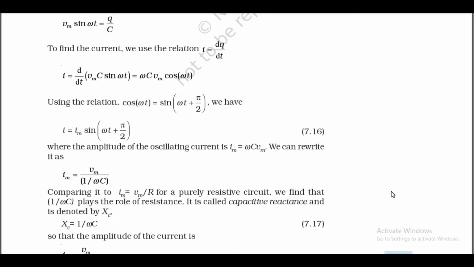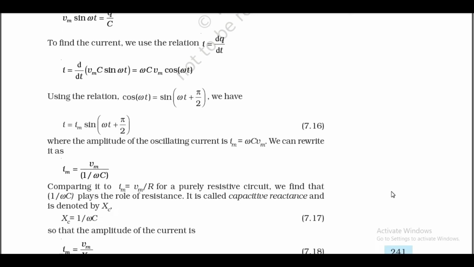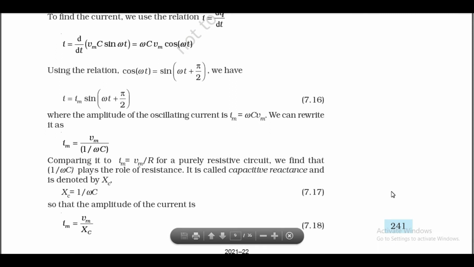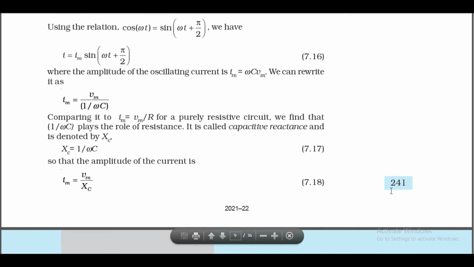Comparing it to im = vm/R for a purely resistive circuit, we find that 1/ωC plays the role of resistance. It is called capacitive reactance and is denoted by Xc. Xc = 1/ωC,